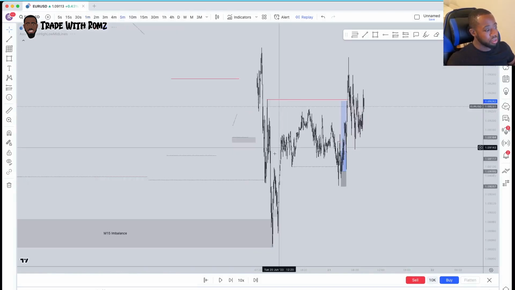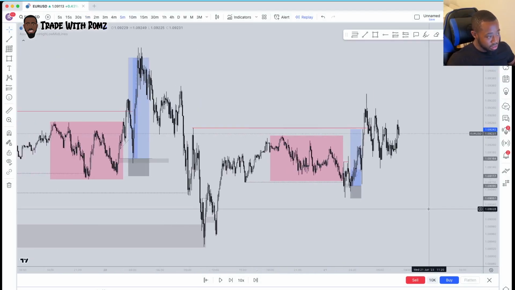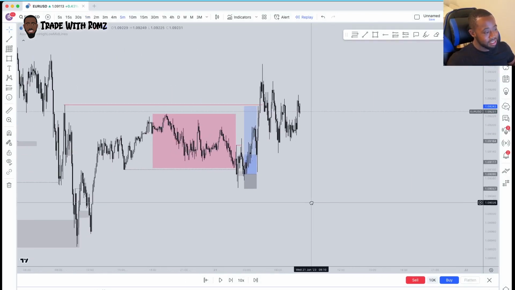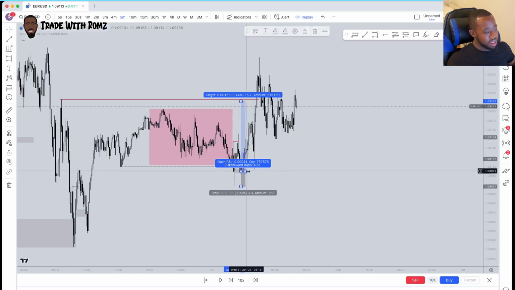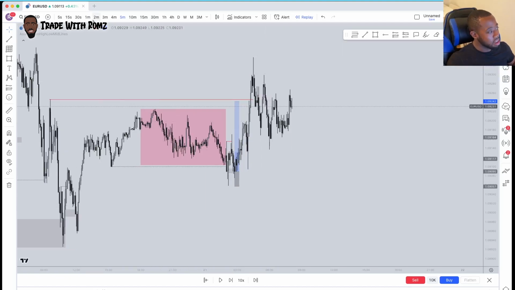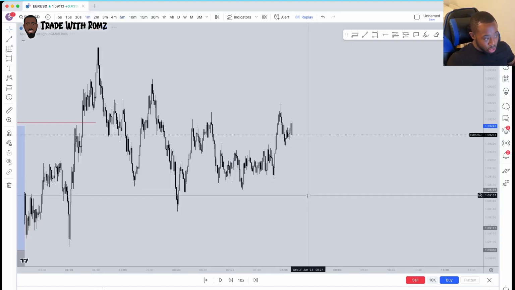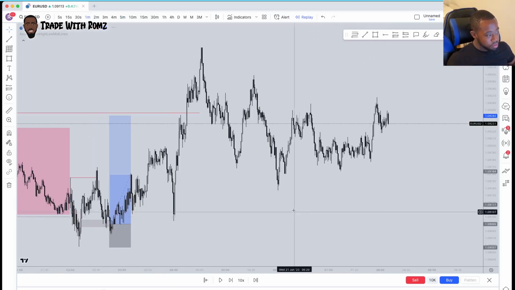I didn't take that trade. I wasn't on charts at that point, but I was on the charts during New York, and this is when things got a bit interesting and frustrating for me, but a lesson learned. So if I go back on the 1 minute, I want to show you what I was seeing. So I was seeing trendline liquidity here,